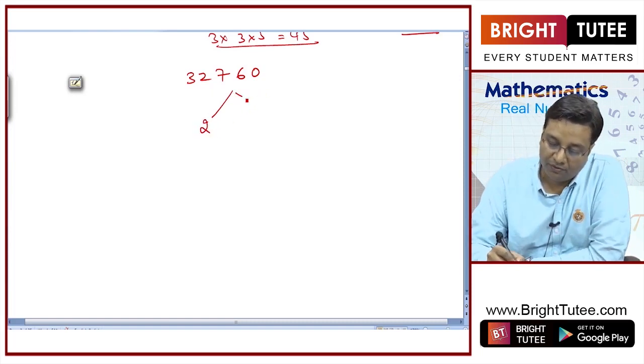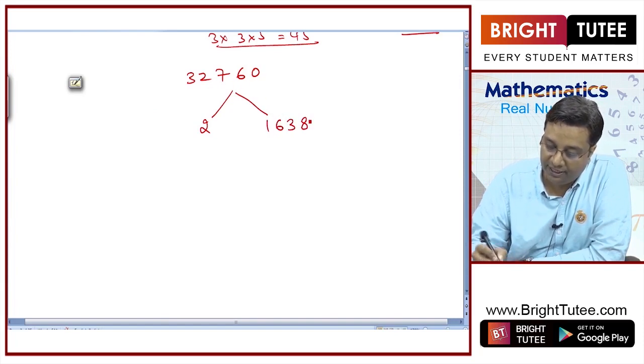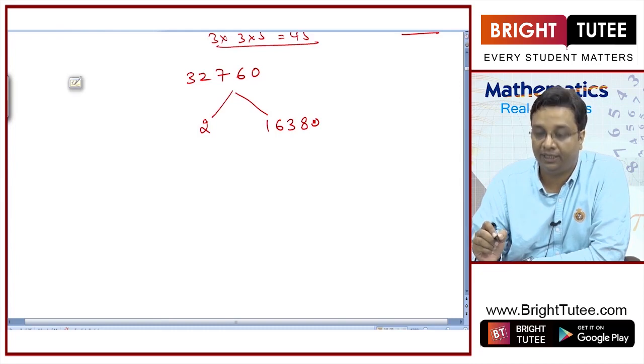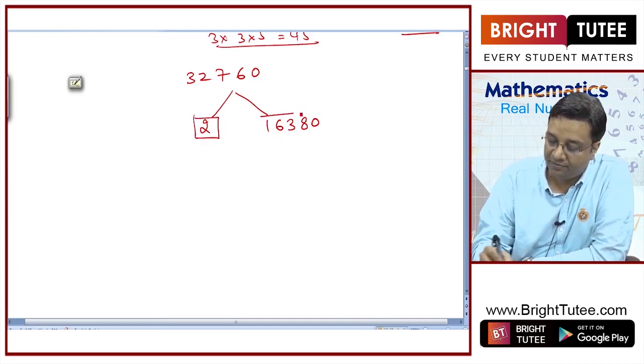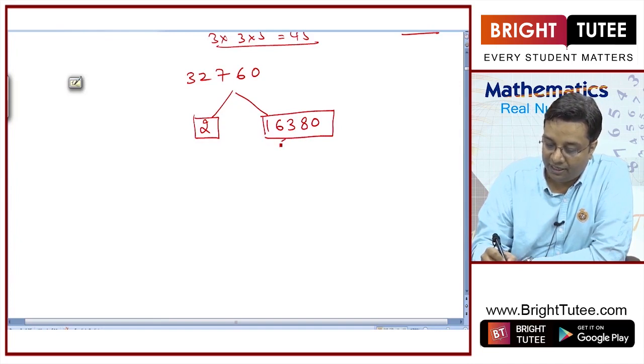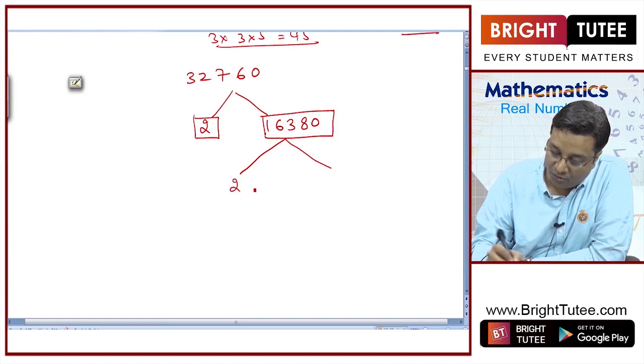Okay, so what will be the quotient? 16380, right? Now again I can write these numbers like this. Now again I can divide this number by 2 because this is still an even number, right? So if I divide this number again by 2, I can write 16380 like 2 into 8190,